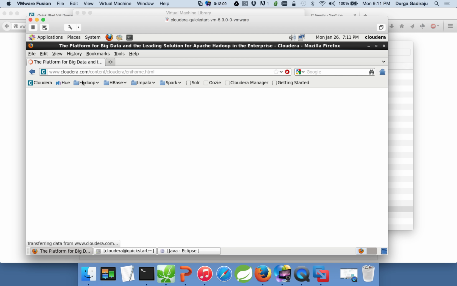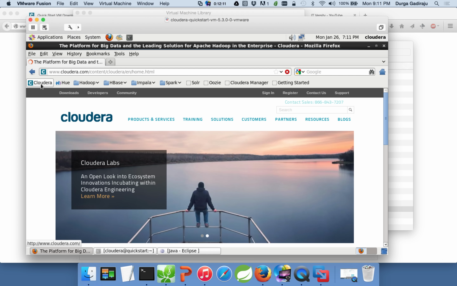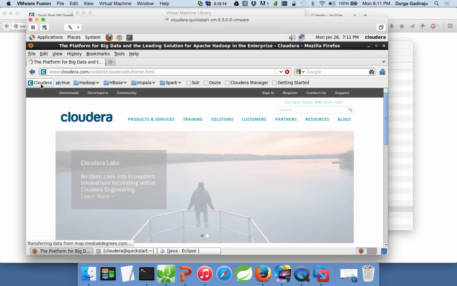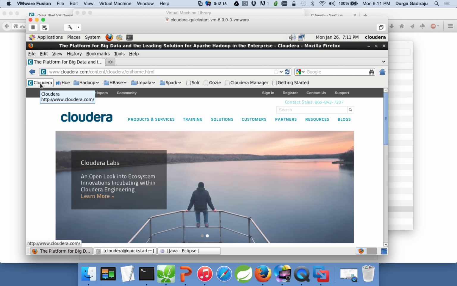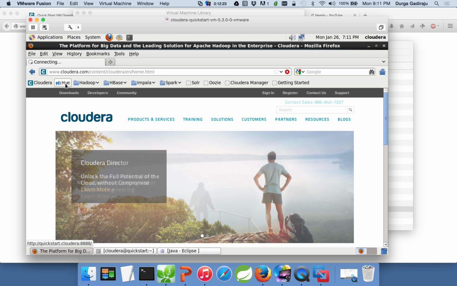Yeah, here it is working. So this bookmark is not working. Yeah, now it is working. I'm not sure, probably there might be some minor bug here. And the second one is Hue. So you can click on Hue,